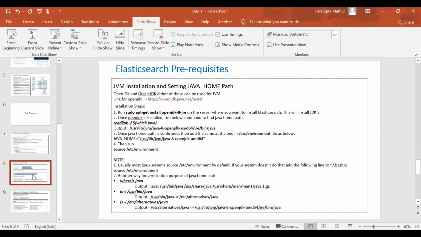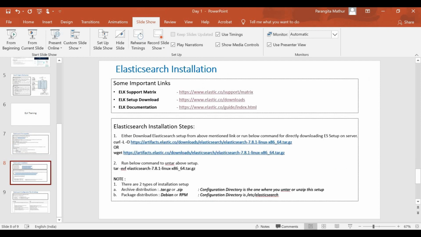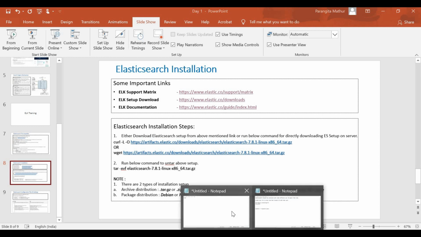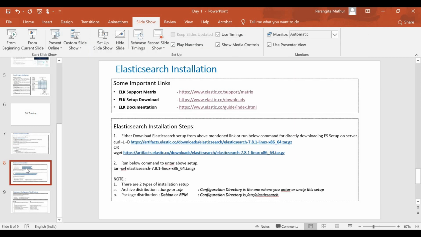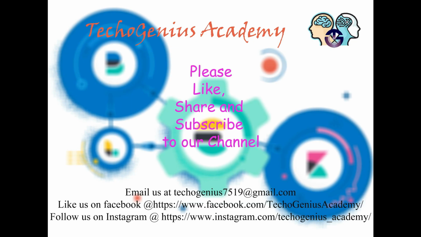What's the next step? My next step is the installation of Elasticsearch. The two points that I need to handle: one was that ES should not be run with the root ID. That is handled; we are using the elk ID here. And second is the JVM configuration. So both my steps are now done, and we are good to proceed with the Elastic installation.